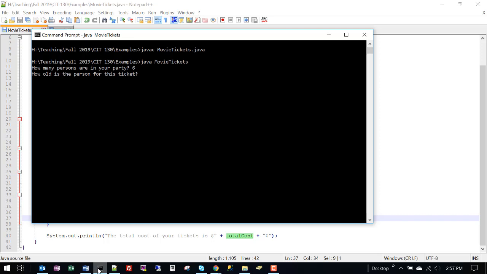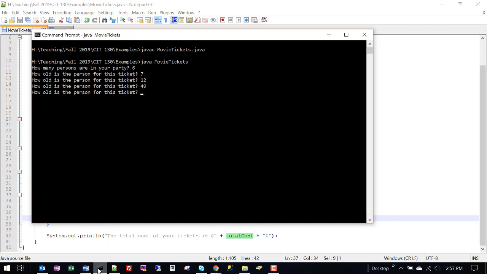So we say, how old is the person for this ticket? 7. 7 should be a child. So their ticket costs $5.50. The next person, we were checking the edge value. Remember, that's still important. We check that 12. That should be an adult ticket, which is $7.50. So we are now up to a total of $13. The next person is just any adult. We'll go with 49 as the age there. That should be another $7.50, which should take us to